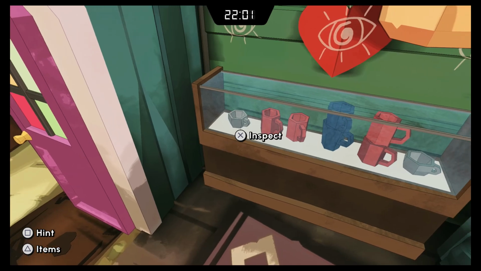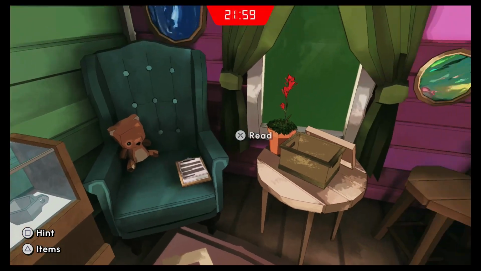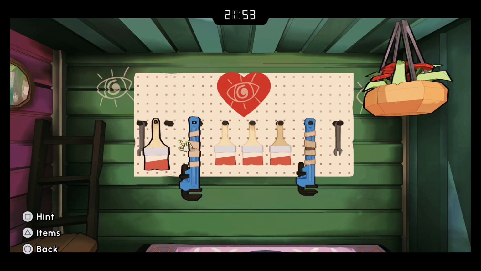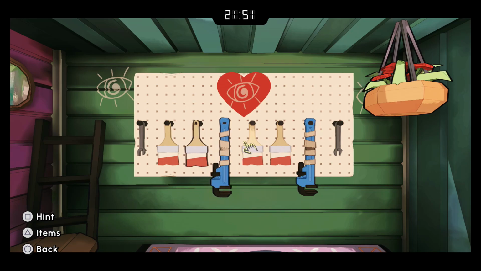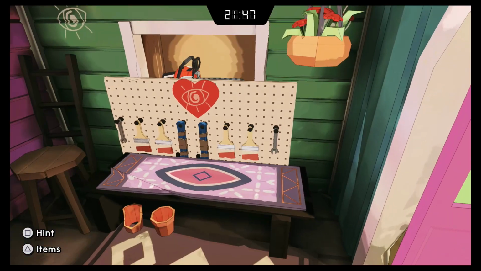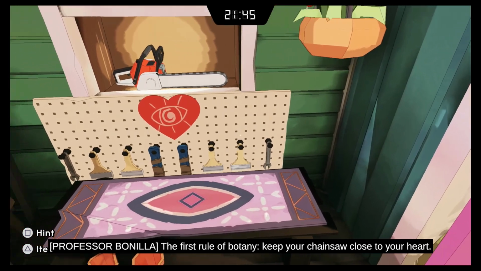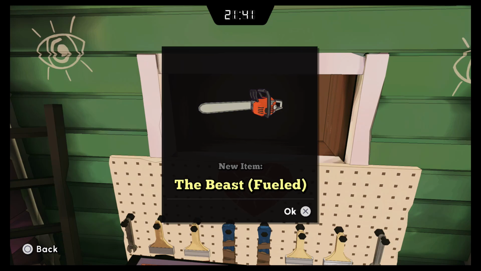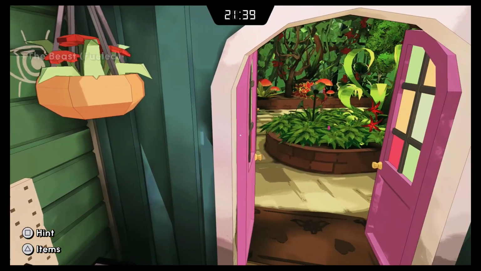So place them in the same order that they are in the display case. So again, it's going to be the silver to start, and then 2 red, and then 2 blue, and of course 2 red and 1 more silver. So that will finish up that puzzle and pick up the chainsaw once the door goes down, and exit out